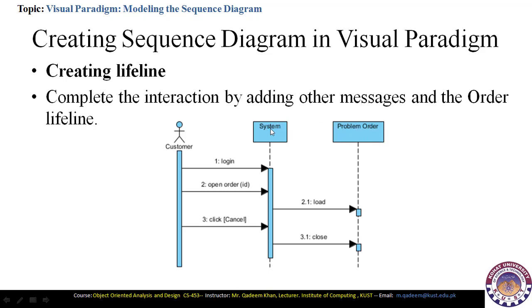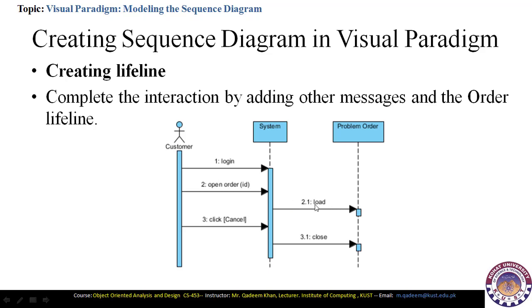For example, system is one of the objects, problem order is another object, and here we will specify different functions which will be associated with this system object. Like number one, in the first step, the login will be performed. After login, open order will be executed. This means that this is the function which will be called, and after opening order,